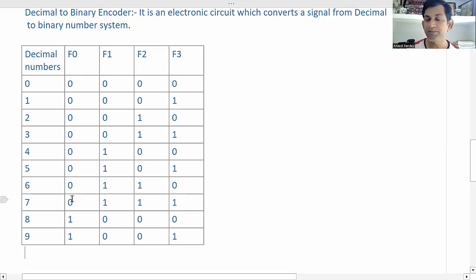If you are drawing the truth table for 4 bits, you can see 8 zeros, then 8 ones, but here we are going up to 9 only. So 8 zeros, 2 ones, then 4 zeros, 4 ones, then again 2 zeros, 2 ones, 2 zeros, 2 ones, and now 0 1 0 1 0. So this is the binary code of 0, this is the binary code of 1, this is the binary code of